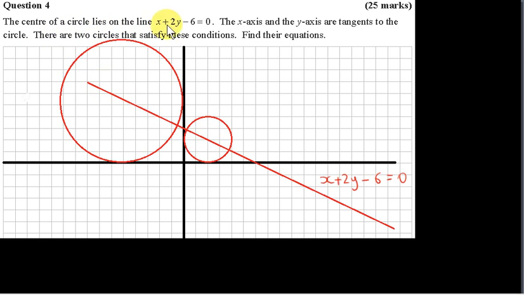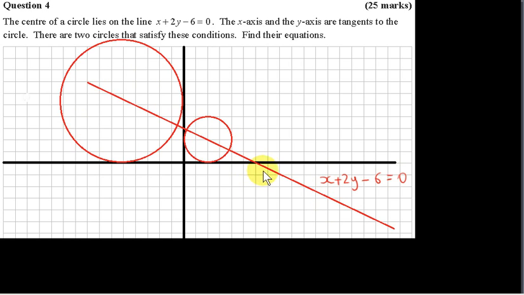The center of a circle lies on the line x + 2y - 6 = 0. The x-axis and the y-axis are tangents to the circle. There are two circles that satisfy these conditions. Find their equations. Now, without doing any calculations, I drew the line x + 2y - 6 = 0 by